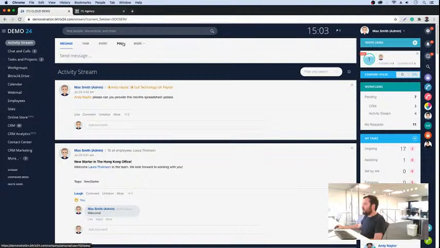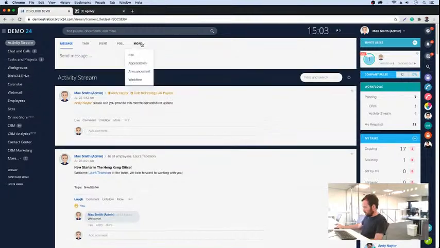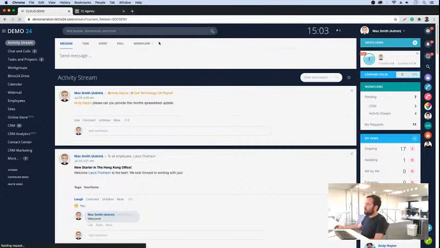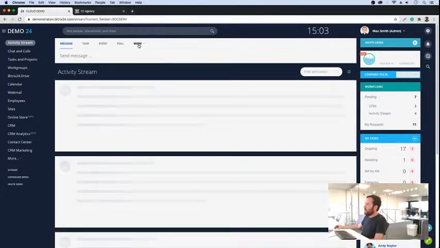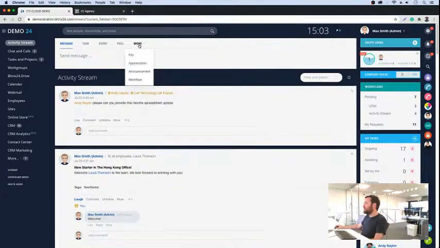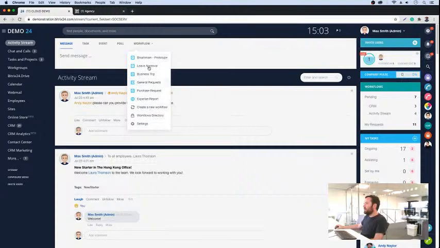So if we were to go into, first of all, a workflow, and for those of you that are not aware, Bitrix has this workflow tool on here. So let me just give this a refresh. And you can create a field that is a bind to CRM element. So you can see in here we have a form. If I just go into the workflow settings and let that load up,